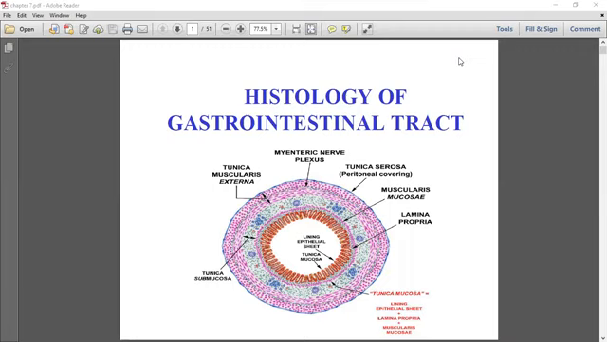Histology of the gastrointestinal tract or digestive system. The parts of the gastrointestinal tract are tubular in shape except the mouth or oral cavity and stomach. The basic tissue layers present within the parts or organs of the gastrointestinal tract are, from outermost to innermost,